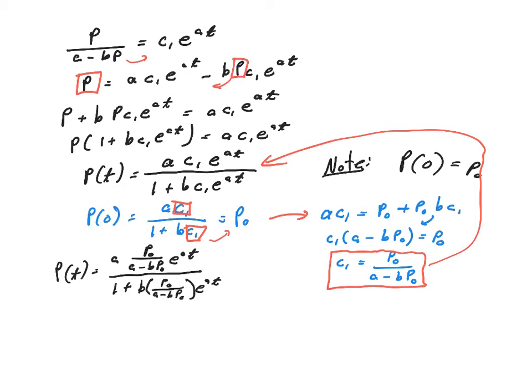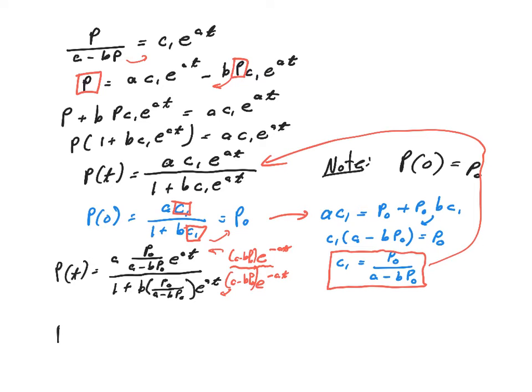All right, now here's what I'm going to do next. I'm going to multiply this by e to the negative AT on both the top and the bottom. So now I only have one exponential function. I'm also going to multiply by A minus B P naught to get rid of those fractions. I mean, honestly, I hate fractions within fractions. Nothing annoys me more. There's a fine line between a numerator and a denominator. So once I do this and distribute this out, it cleans up quite nicely.